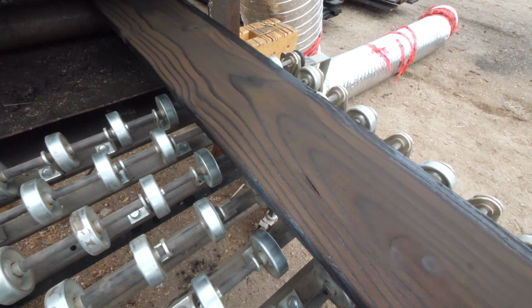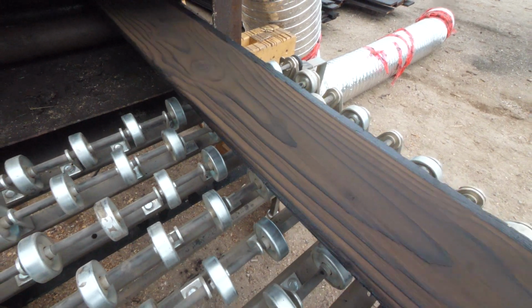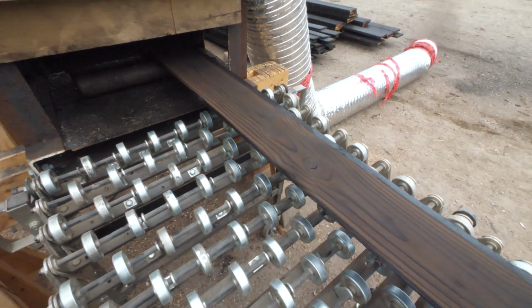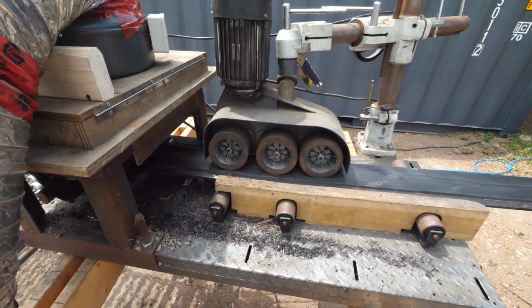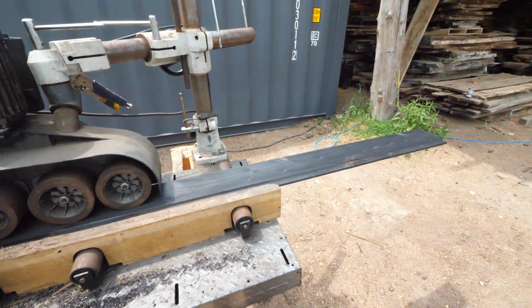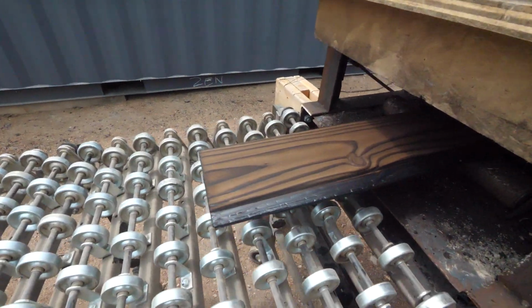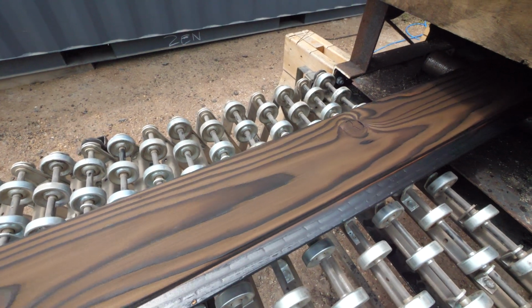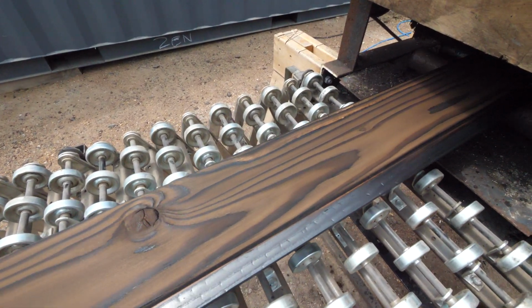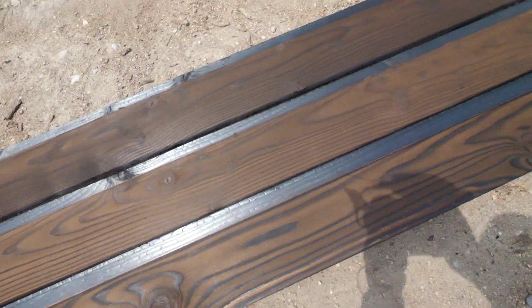Wood's going to go through, the power feeder is going to control the speed, and then the wood's going to come out on this side, and we just have kind of an extendable roller outfeed table, very simple. The trick is you need to follow up the board with another board or it's going to stop running right here. So we do make sure to have a sacrifice board that if we're not going to go through the whole order in one shot, we're able to run a board that we want to keep and then run the sacrifice board after,